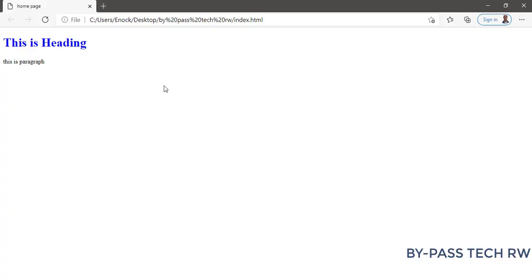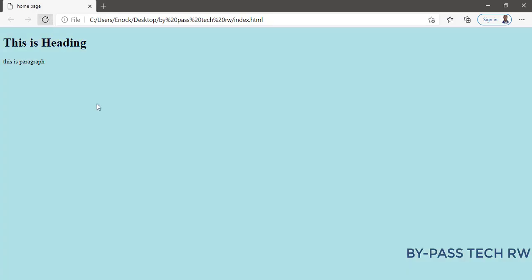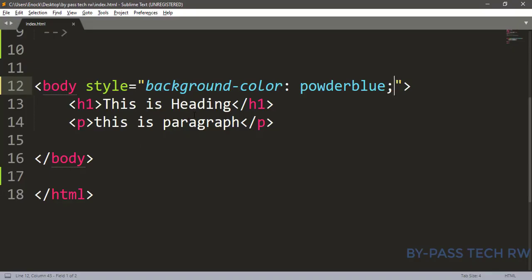Then refresh. You see, the whole content background was changed. Okay, this is how to deal with the background. For the next one, let us see how